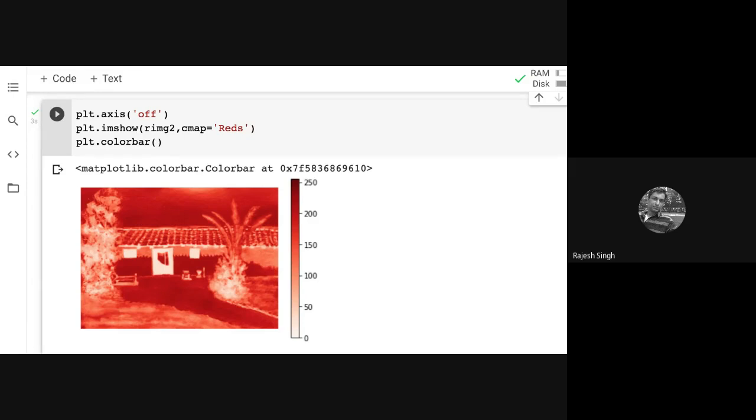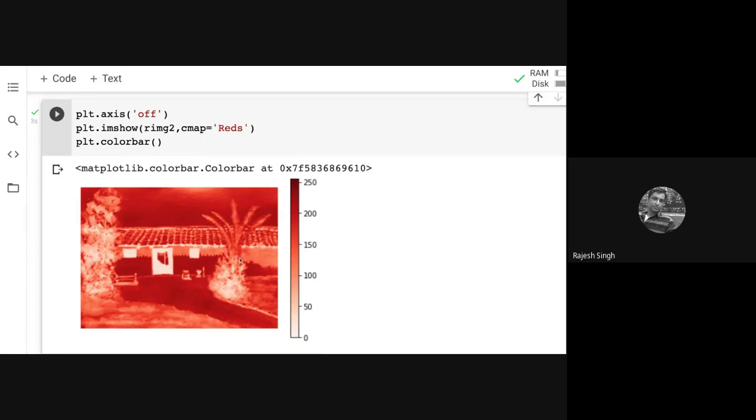So you can now see that the color values are represented in the color bar. Starts from 0, goes to a maximum of 255. Wherever red color is 0, it's white. So here.